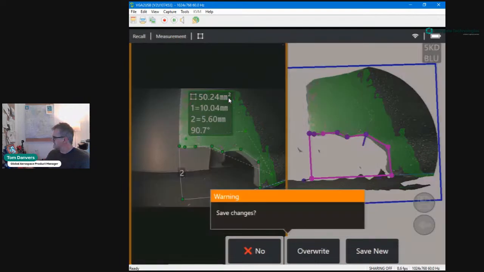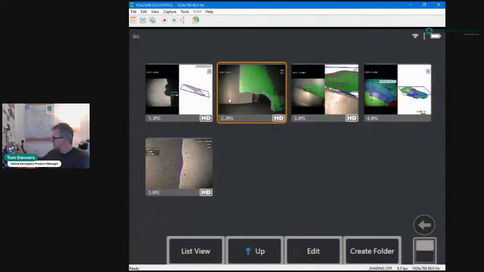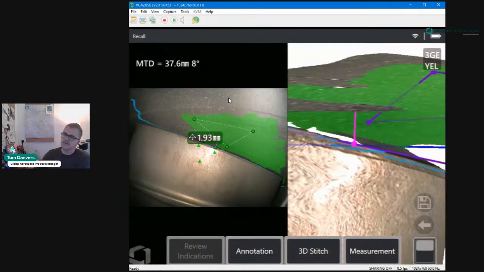Okay, let's cancel that. Keep doing that now. Depth measurement. So this one's already saved with the measurement plane applied. You can see the 3 cursors there. So if I enter the measurement state,